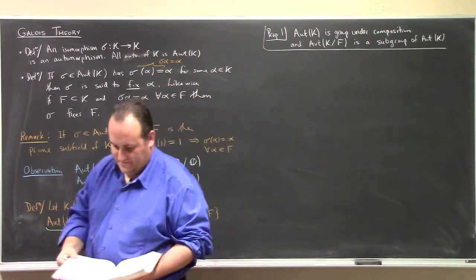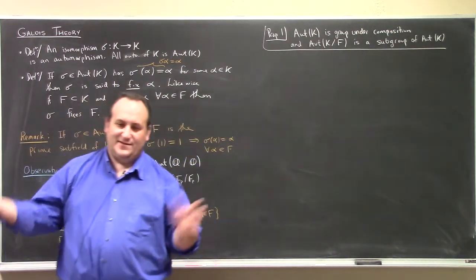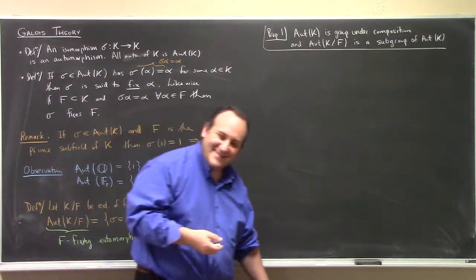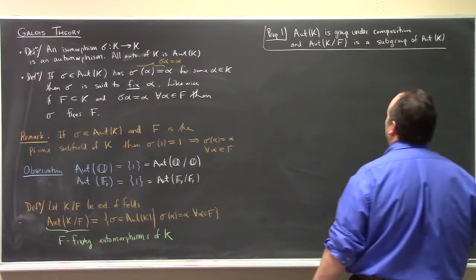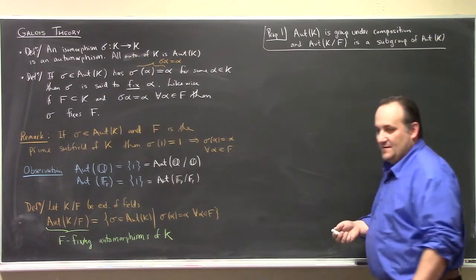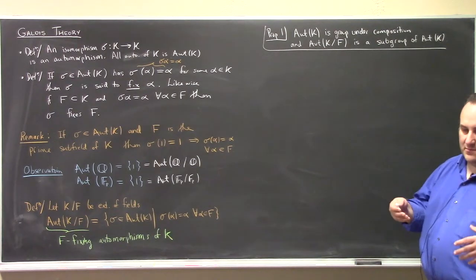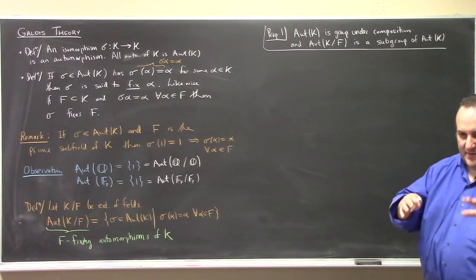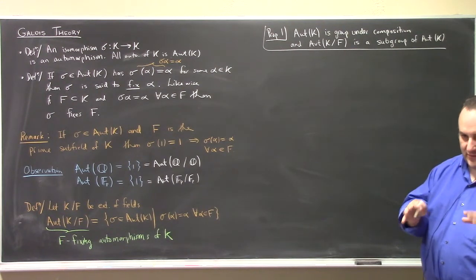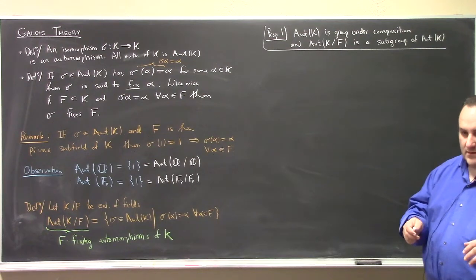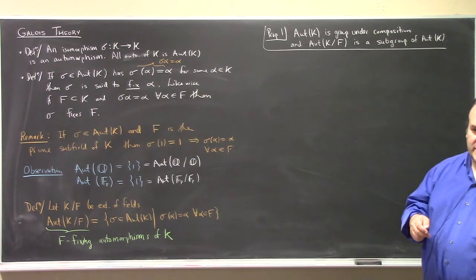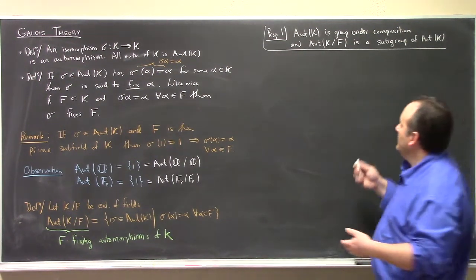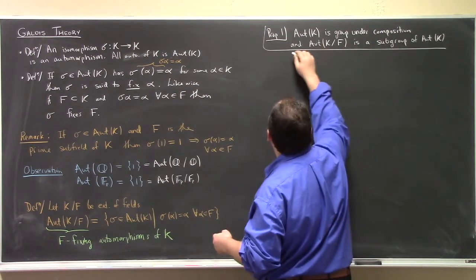His proof begins with, it's clear that Aut K is a group. Okay. Is it clear that Aut K is a group? I think it is for people who, it depends on your background, right? So I think it's worth our time to spend a second to prove that Aut K is a group. So Aut K is a set of isomorphisms from K to itself, right? So why is Aut K a group? Note,